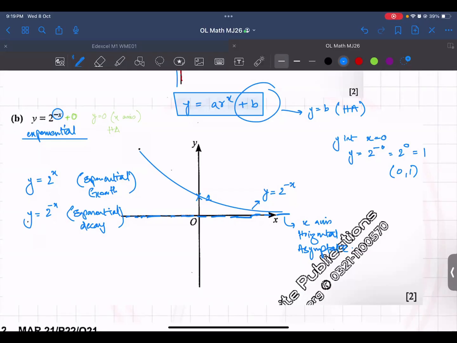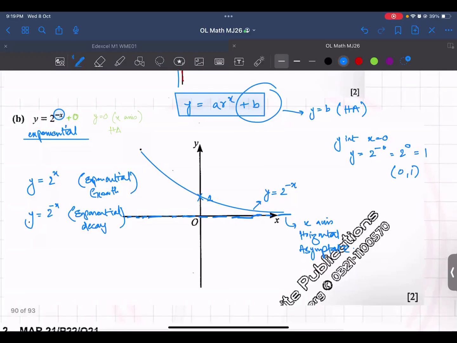Minus 0 was 0, right? Do we find both or one? You are going to find the y-intercept for which your x is 0, and minus 1 times 0 is 0, and 2 power 0 is 1. Okay, so this part is new information for you, because 2 power minus 0 is 1. If your power is negative, Misha or I think someone else was also having some problem